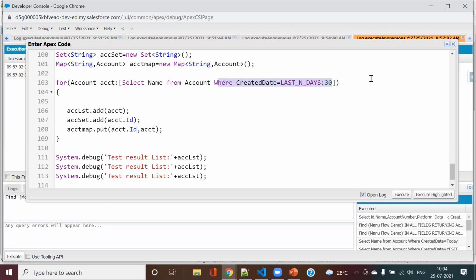So whenever you are doing the transaction in a sync process, you always need some sort of a filter or maybe some sort of a limit, anything you need. You cannot write the query like this. In case you write it like this, more than 50,000, you will get that error, the 50,001 error.